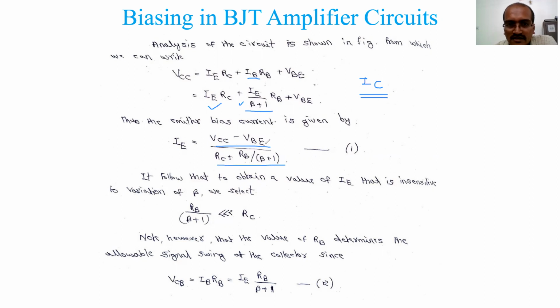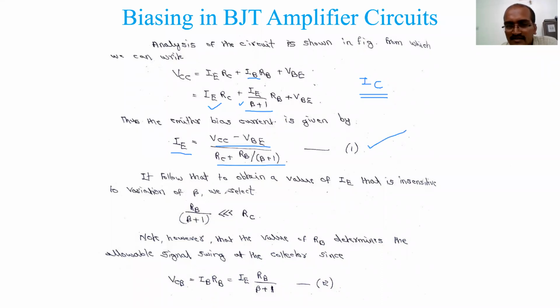This equation looks similar to yesterday's equation. Instead of VBB you have VCC, and instead of RE you have RC now. Only that is the change, the remaining is all the same. So this is the emitter current, and you have established a collector current now. You can further write IC is equal to alpha times IE, but that is not necessary. This is the equation which establishes the collector current.